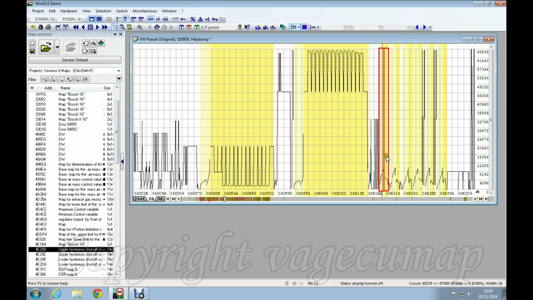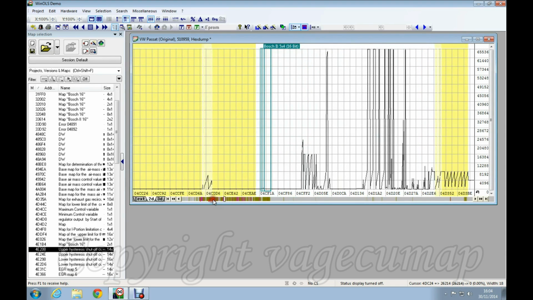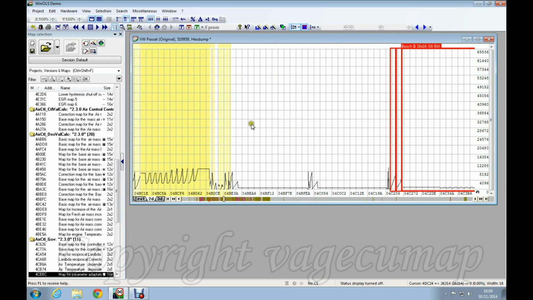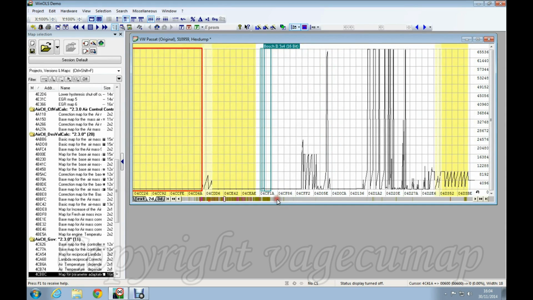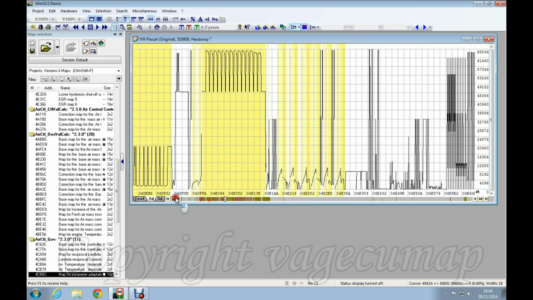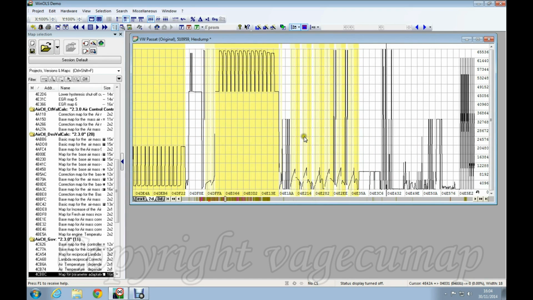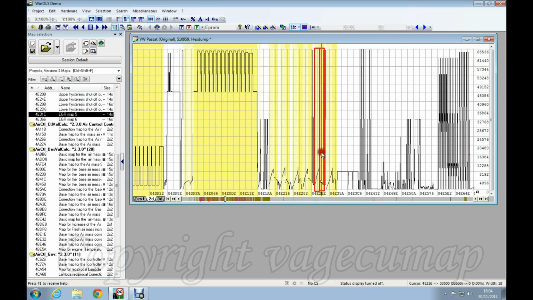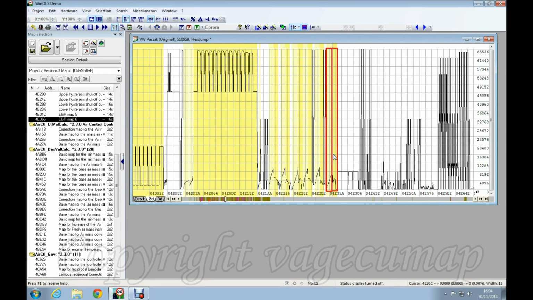So in other words, you can very often find that this little collection of maps is just to the right or just to the left over here of these. Sometimes though they can be displaced quite a long way, right down here somewhere closer to the EGR maps themselves, but usually they are fairly close to these two maps. Now we're interested in these because these are the maps that control whether the EGR valve will be open or closed and when, in other words under what circumstances.